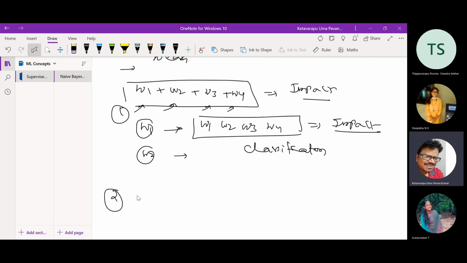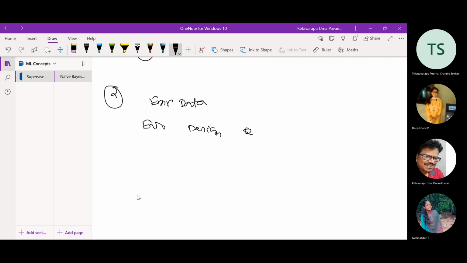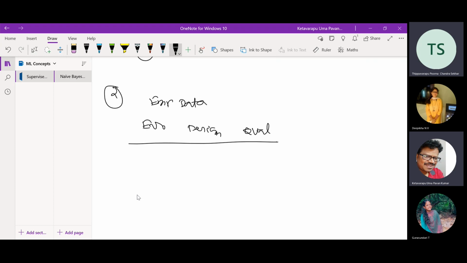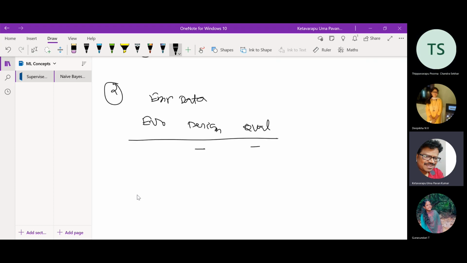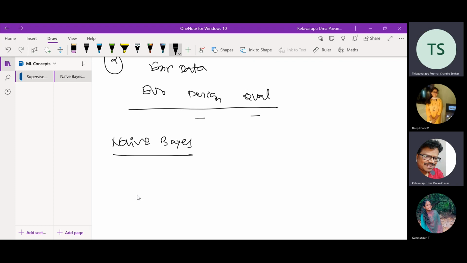The second important point is generally, practically, friends, there is no possibility of independent features. Suppose if I'm talking about the employee data, I cannot say that my employee number, designation, qualification, these things are independent features. They are dependent only because if I'm saying Purna or if I'm saying Dr. Pawan, definitely designation will be there and qualification. But the expectation here is, friends, in case of the naive Bayes,